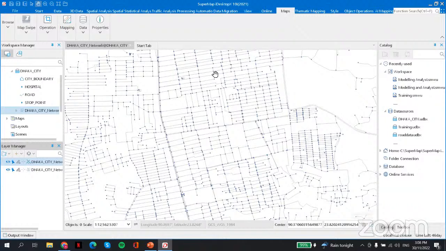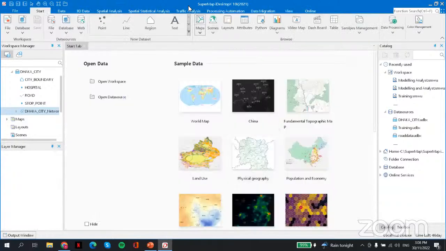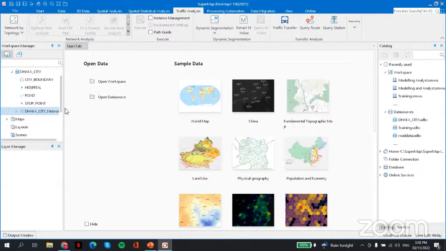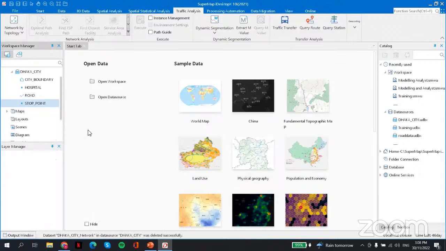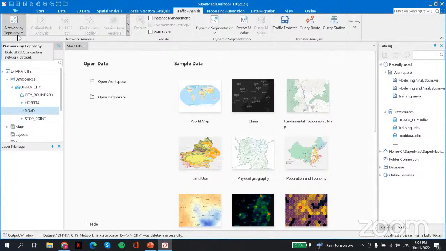Okay, before we go on, I'm going to show you the traffic analysis tab, which you can click here. To create this dataset network, I'm going to delete this dataset first. You need to click the road and then go to network by topology, which is the default.